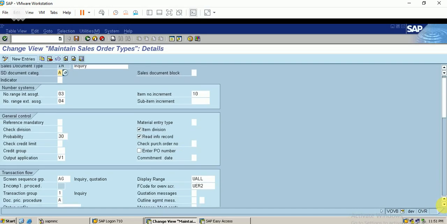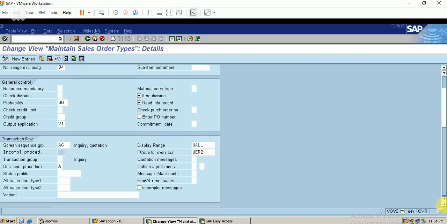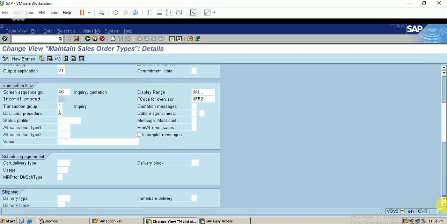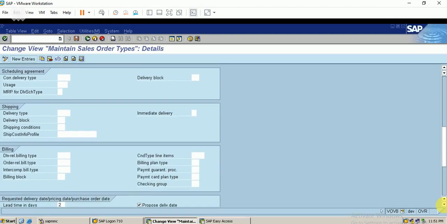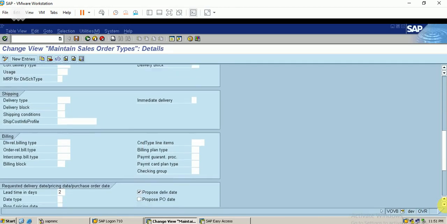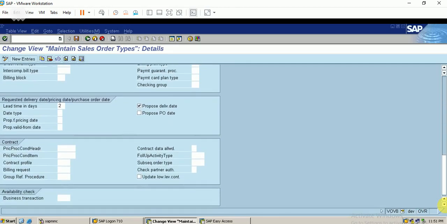Then you can see the transaction flow and screen sequence group, and the important thing is you cannot find any configuration for scheduling agreements, shipping, billing, or availability check. You cannot find any configurations here. So the inquiry is free of delivery, and it is free of availability check.